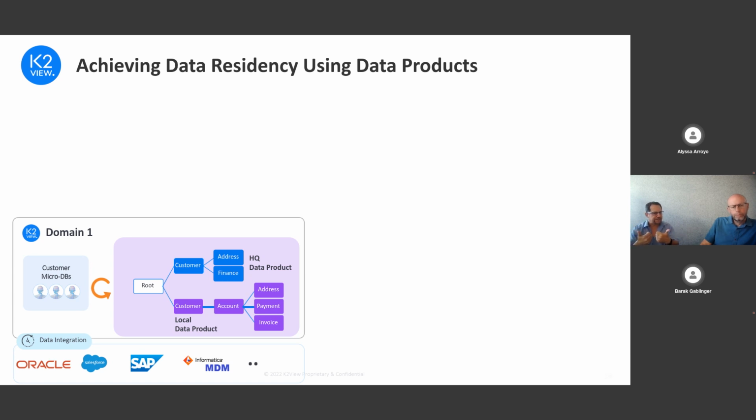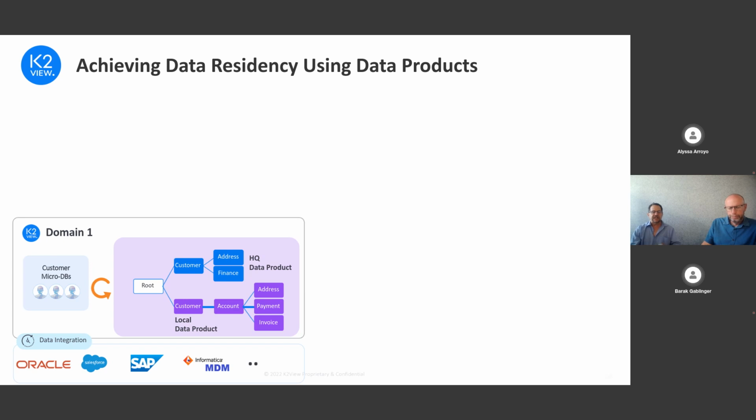And this is constantly ingested, and every update that comes either from a CDC, an API, or files, we can push or pull into our data products. So we do not have to go to the underlying system whenever a request comes in. The purple colored schema here is the local view of the data based on the data sources. This is the local data product, and the bluish is the normalized one for the headquarters. It will serve the headquarters.